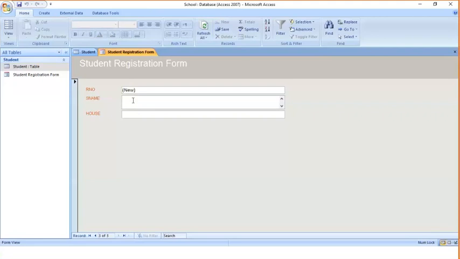Suppose Sam, type in capital, Sam belongs to, suppose, Lotus House. Then again click on next.